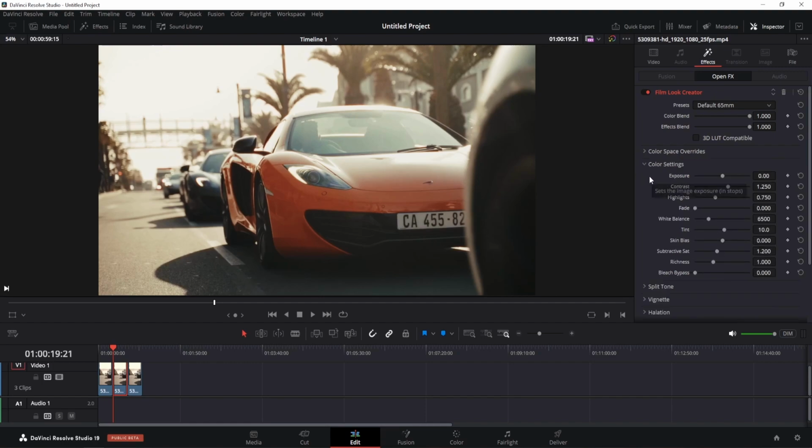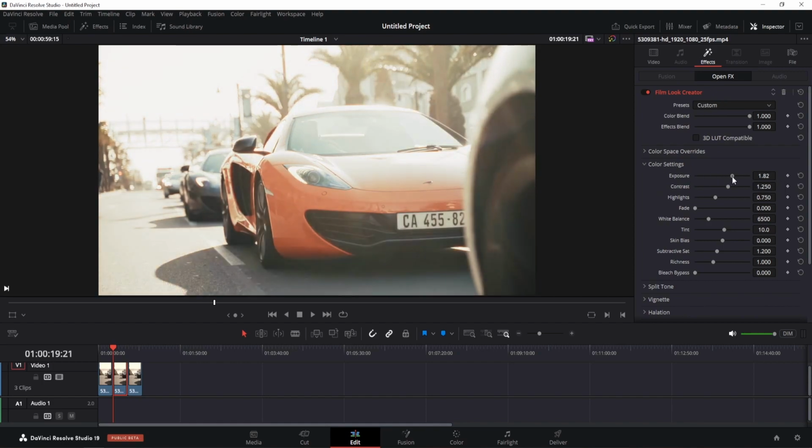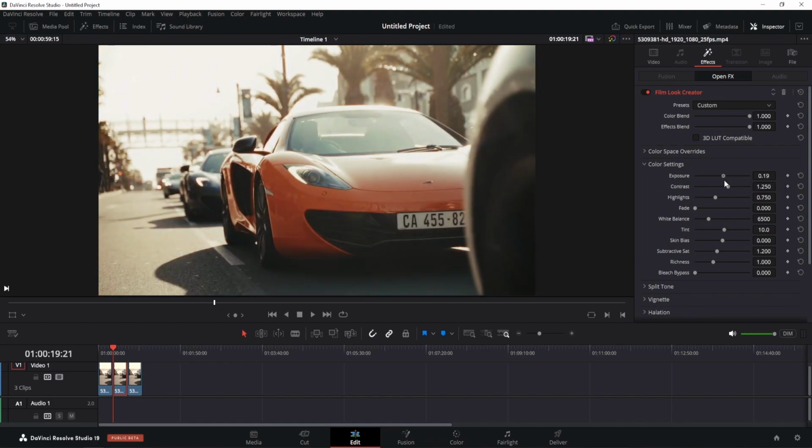Now the changes that you'll most likely be doing is in the color settings. So you can adjust the exposure, the contrast, highlights. In this case I may need to adjust the exposure down a bit so we can actually see some of the highlights. The fade, white balance, the tint,